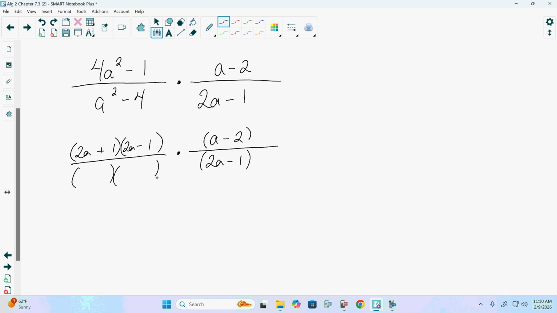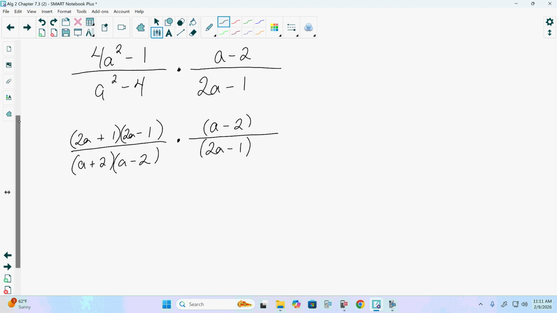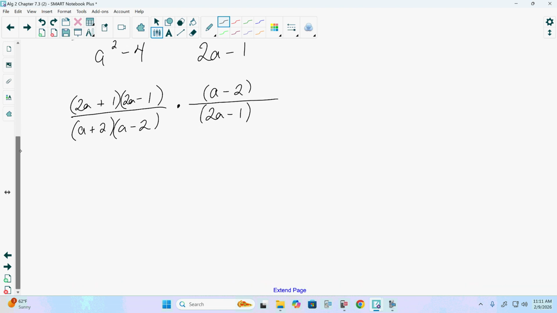A squared minus 4 does not have a greatest common factor. A times a gives us a squared. As we already stated, 2 times 2 gives us 4. So a squared minus 4 should factor to a plus 2 times a minus 2. Now at this point here, we can say, multiply these together. 2a plus 1 times 2a minus 1 times a minus 2 over a plus 2 times a